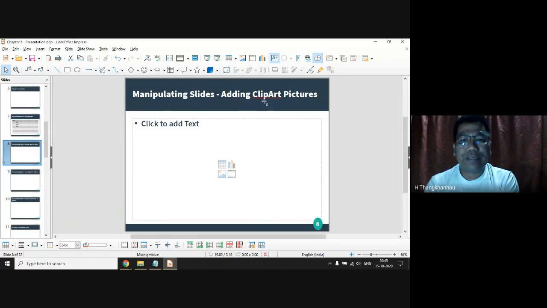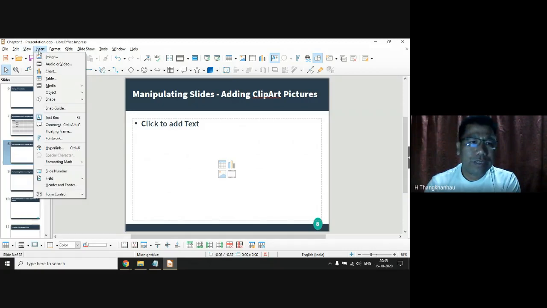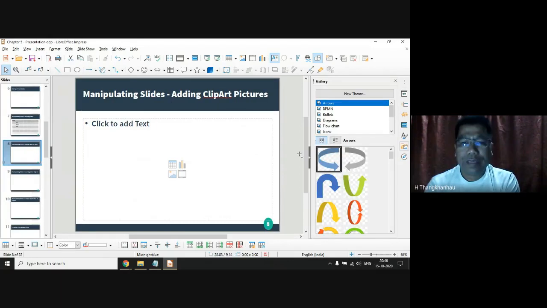manipulating slide, which is insert clip art pictures. So the way to insert pictures, all right? You can simply click this insert image or insert a chart. Or insert image is the most suitable one. You can also go to insert, and then you can go to object, no, media. You can go to media, and you can go to gallery or photo album, or you can scan if you already have scanner, something like that. Okay, that's very easy. Okay, let us go to gallery, and from this gallery you can drag and drop whatever